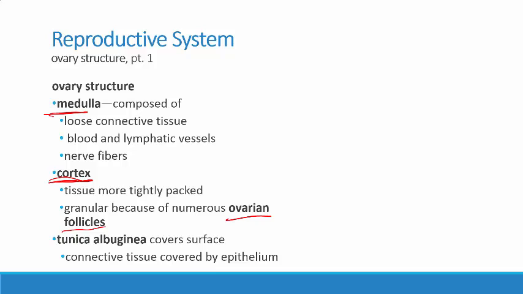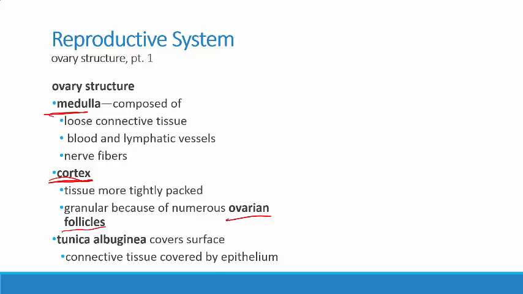And then there is a connective tissue layer around the external surface of it called the tunica albuginea. Crazy name, but remember that tunica means coat. I think we've talked about that back when we were discussing the layers around